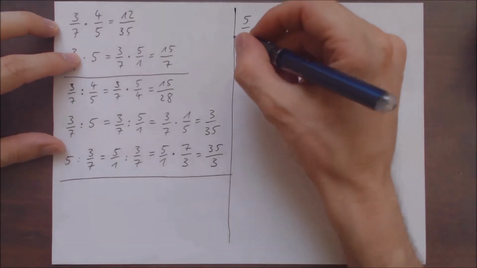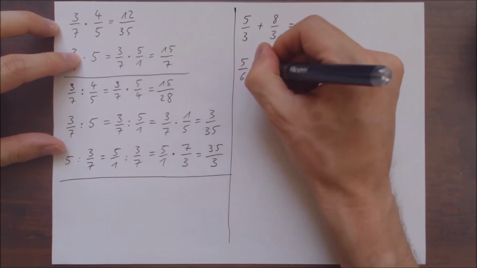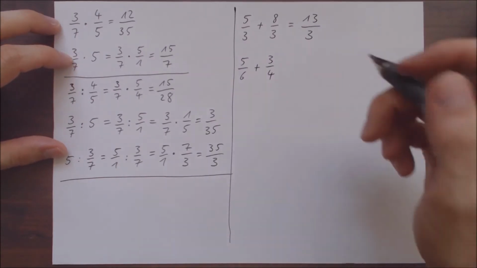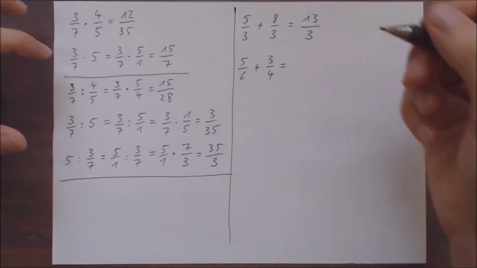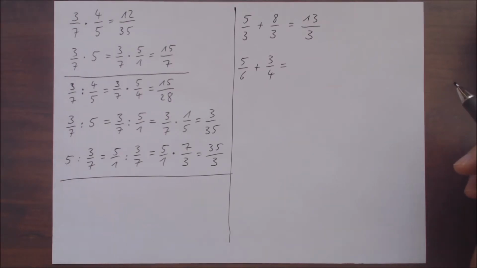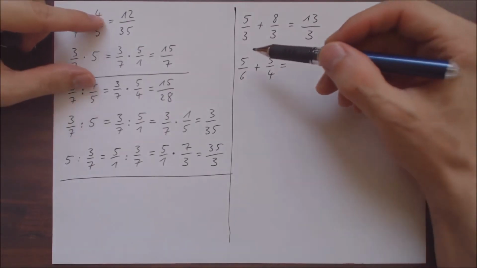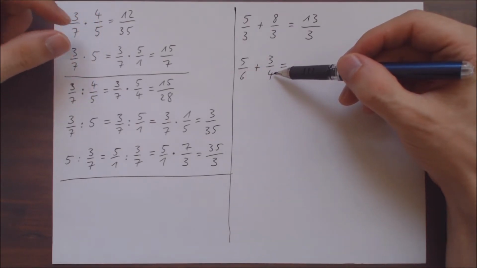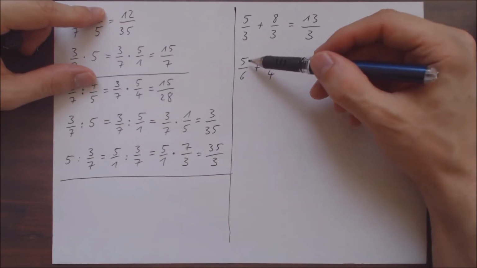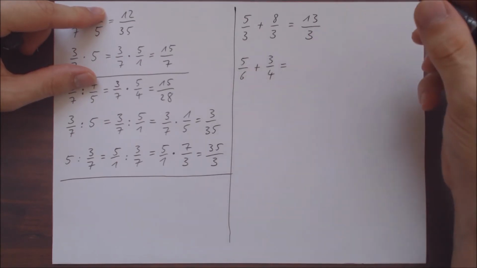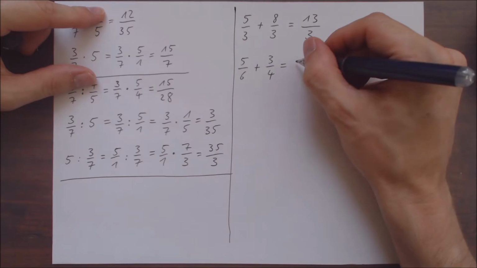Very simple. But what if the denominators are not the same? For example, 5/6 plus 3/4. Now we have to find the common denominator. This one is 6, this one is 4. So we use 12 as our denominator because 6 times 2 is 12, and 4 times 3 is also 12. That means we have to multiply this fraction with 2, both the top number and the bottom number. That is then